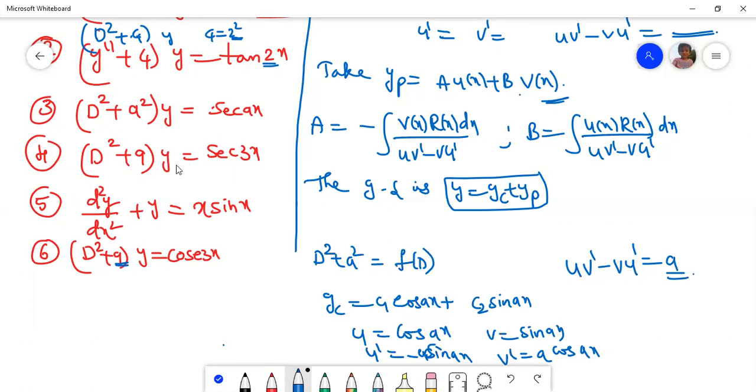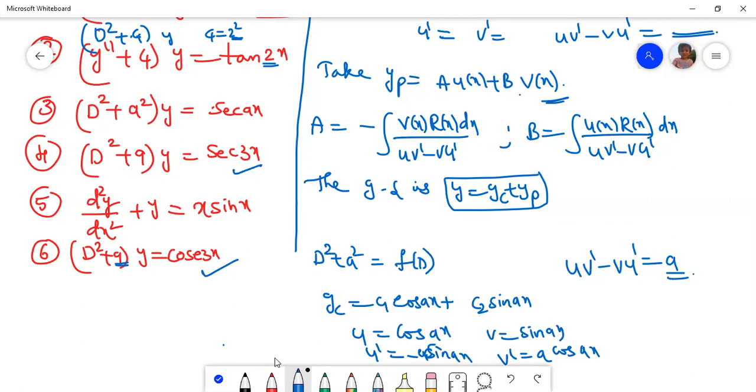Because the differentiation of cos 3x is minus 3 sin 3x, and sin 3x differentiation is 3 cos 3x. The 3 is the multiple. After multiplying, we get only 3. If it is 9, 3. If it is 4, 2. Okay. Just here, with sin 3x and cos 3x, it is very easy to solve the problem.